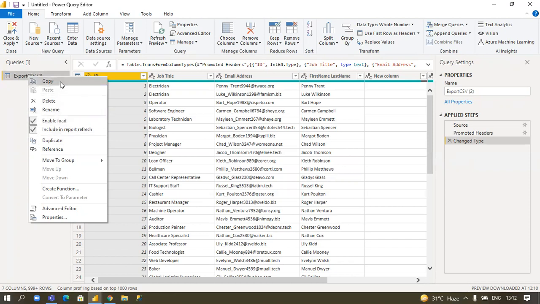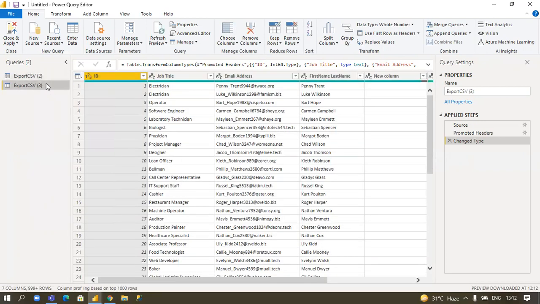Here you can copy, delete, or rename, and you can make a copy by clicking on duplicate. Now I click duplicate. Here you go, you can see the two files with the same data. I use the second one for the cleaning, and the first one I will keep as it is.